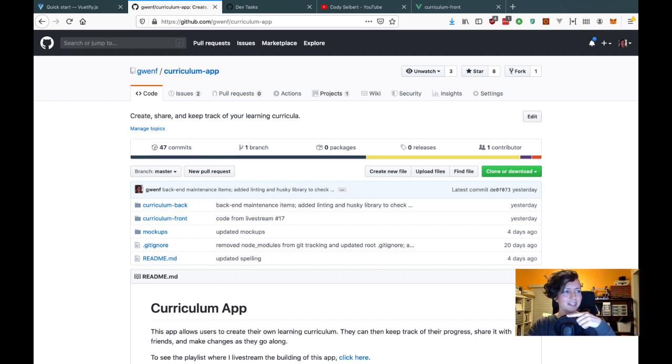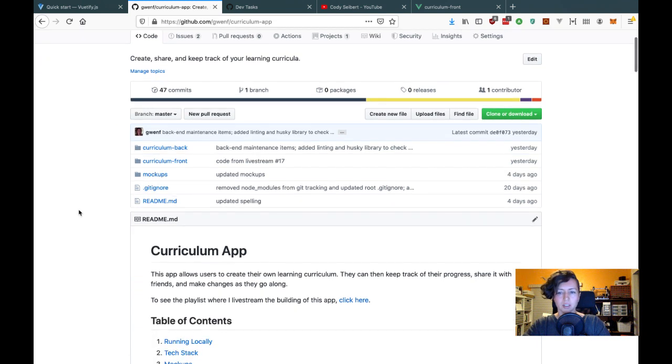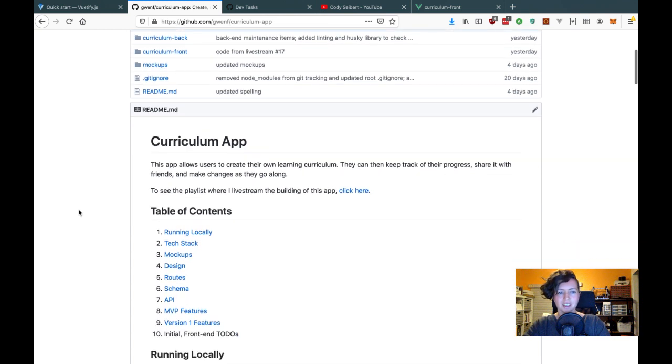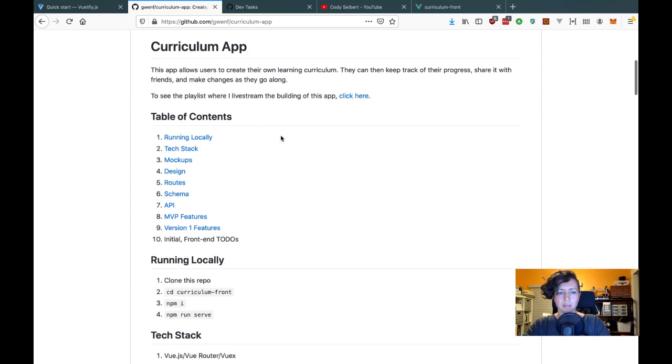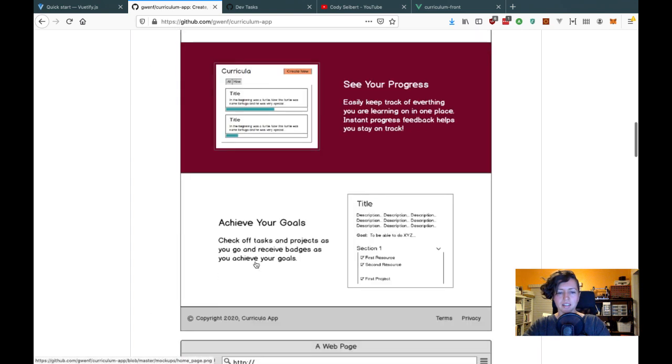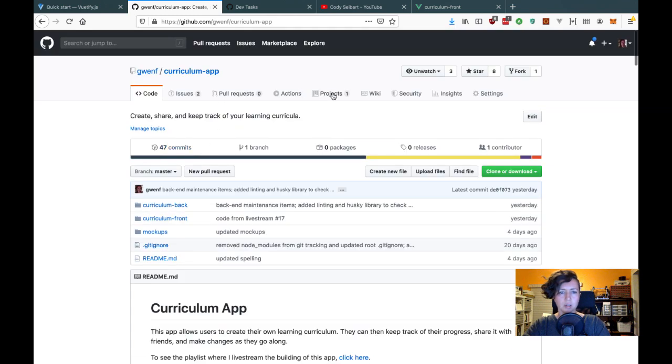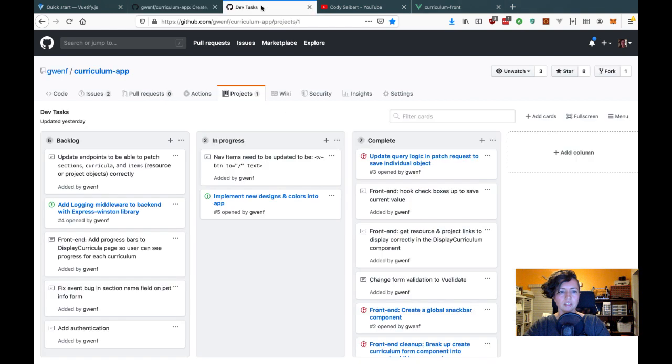All right. So anyways, as I was saying, this is the app that I've been building this whole time, which is on my GitHub Gwen F, and it's called curriculum-app. So all the code is live there and updated from my last live stream, which was yesterday. And so you can see about the project specifications, take a look at the mock-ups and stuff like that. And then I also, in projects, I have this dev task board with basically what I'm going to be updating